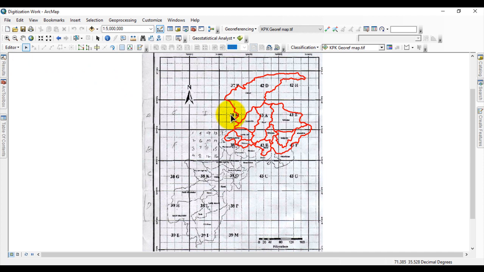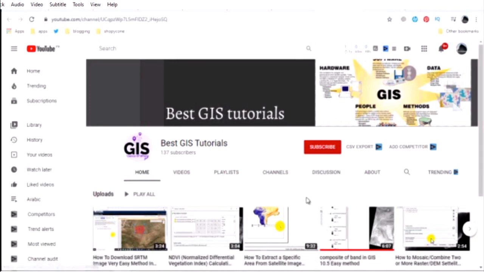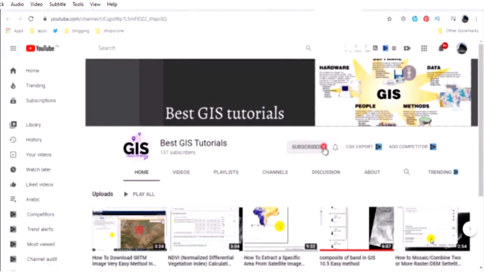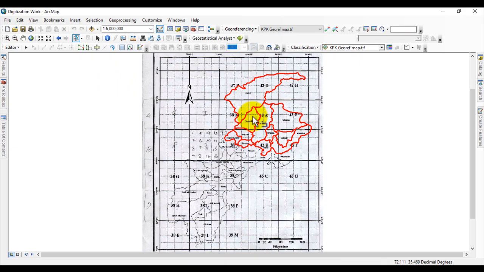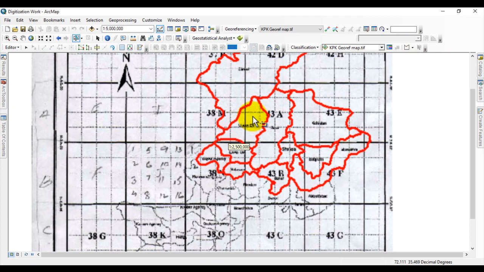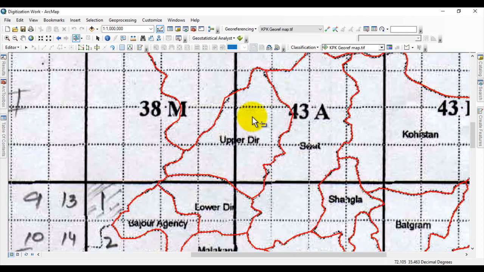Now pick the Select Feature tool from here. Now zoom to the area where you want to edit the vertices. Let's suppose I zoom to this area and click on this region.